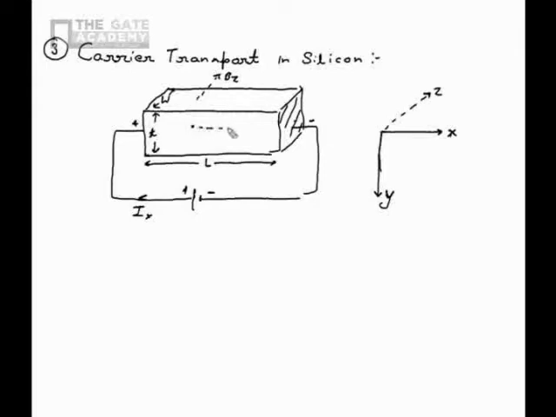So if there is no magnetic field, the path will be straight from positive to negative in the positive X direction. But because of the magnetic field present, there will be a magnetic force on this particle, and the direction of that pull will be towards the minus Y direction. This can be determined from the Lorentz rule or the right hand palm rule.